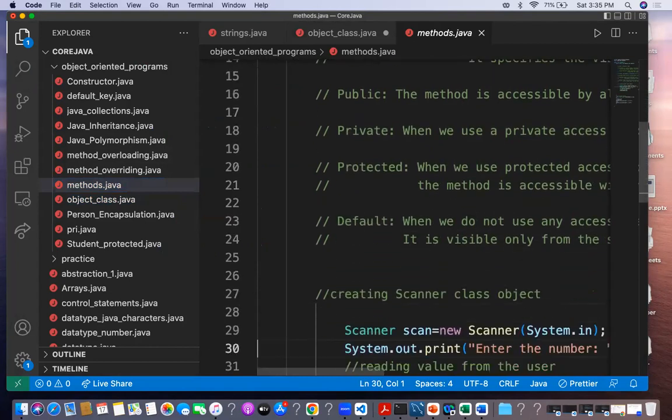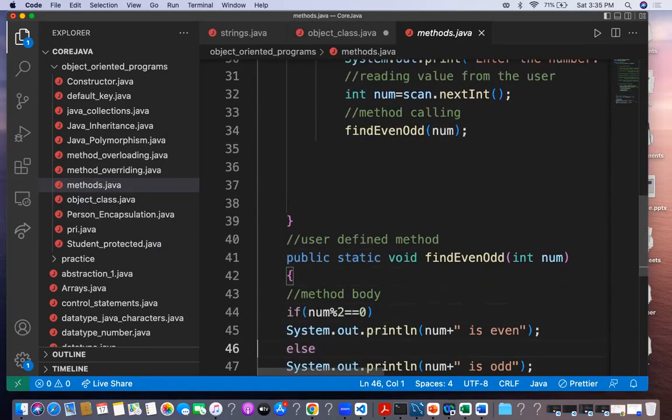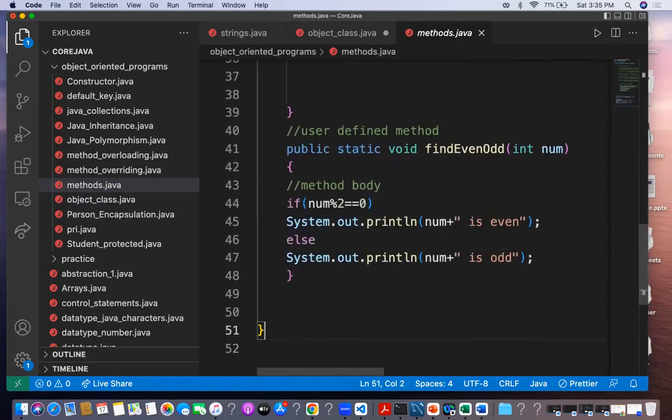Okay, one second. I will inform you whether we'll go for this or